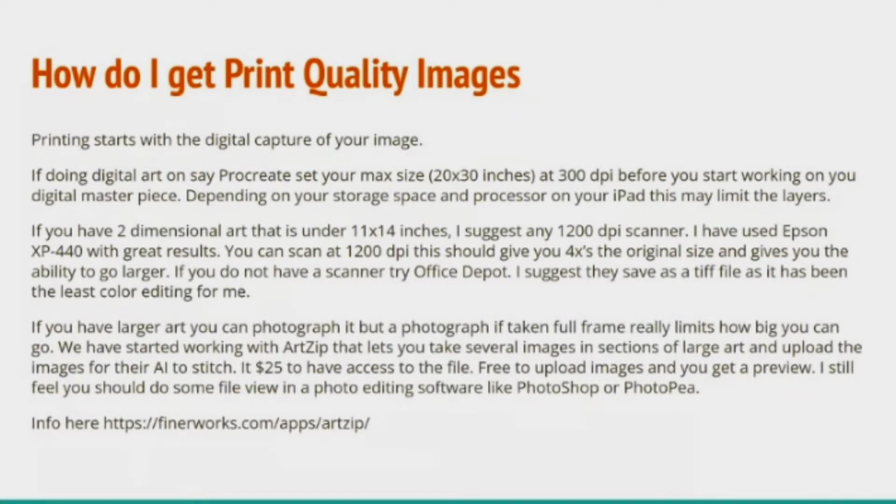Now, if you're a two-dimensional artist, let's say you're working with paintings, oil paints, watercolors, acrylics, and I guess even acrylics sometimes can get almost 3D because some of y'all use really thick paint and you create these really great pieces that protrude far out from the canvas. So you might not be able to use this technique. But for those of you who have a flat surface of paper or canvas that has no protrusions,